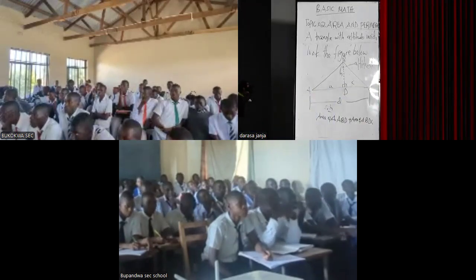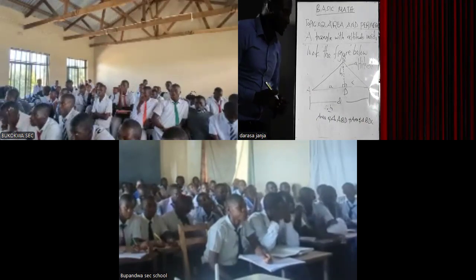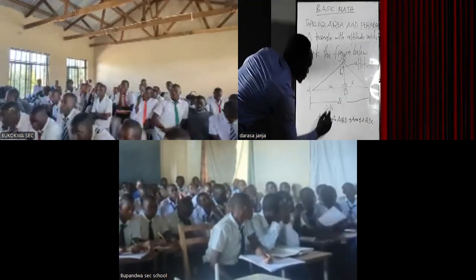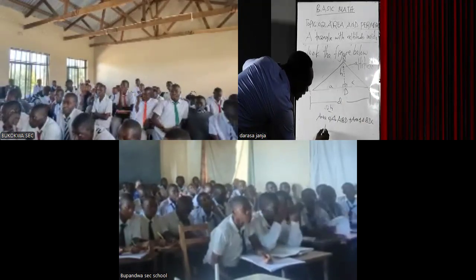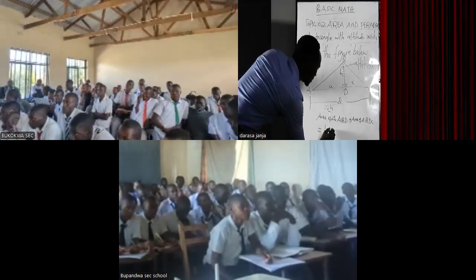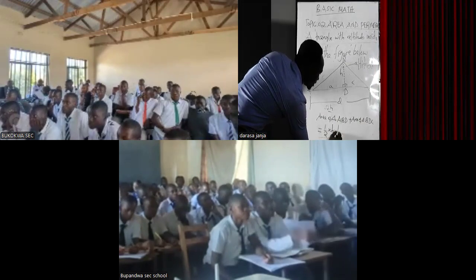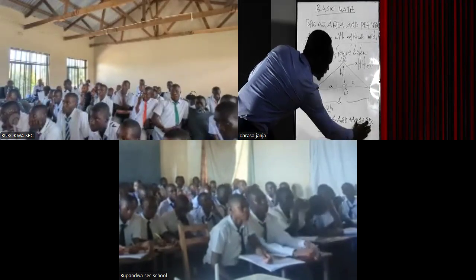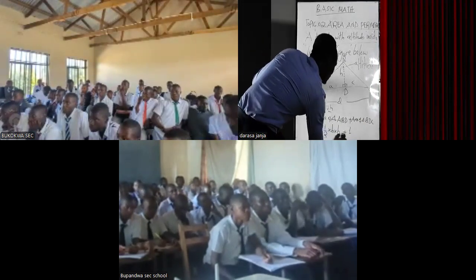So what we're supposed to do here, we are finding the area of this first triangle as usual. As we have done in the first case, it is half times base times height, plus again here, half